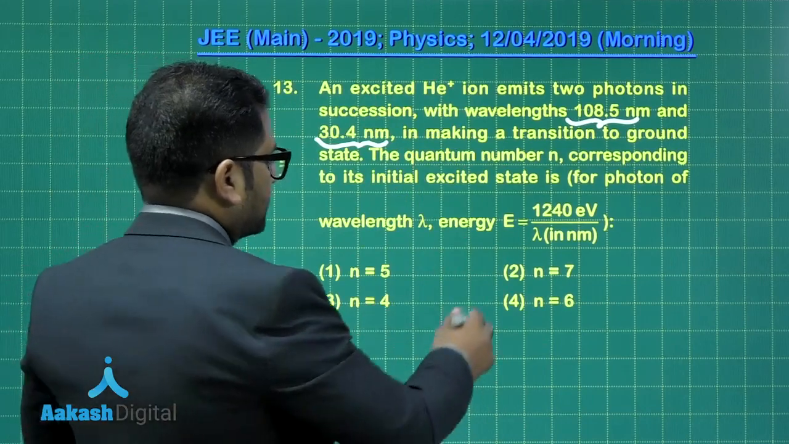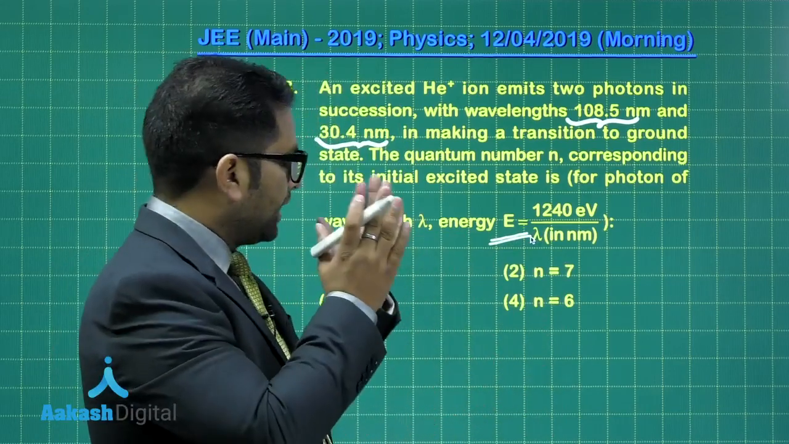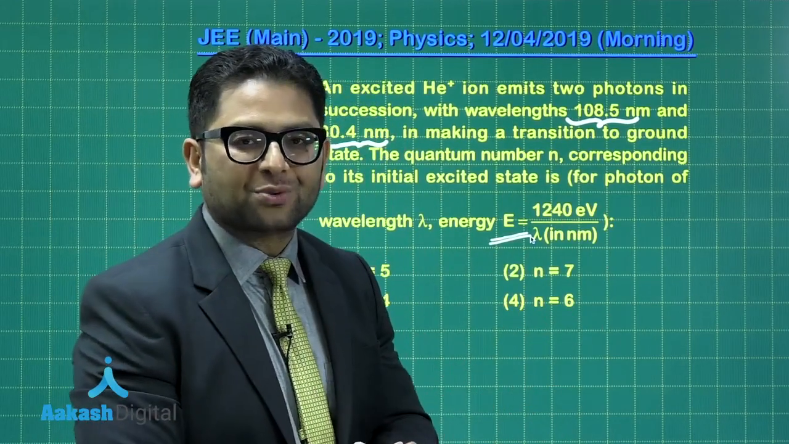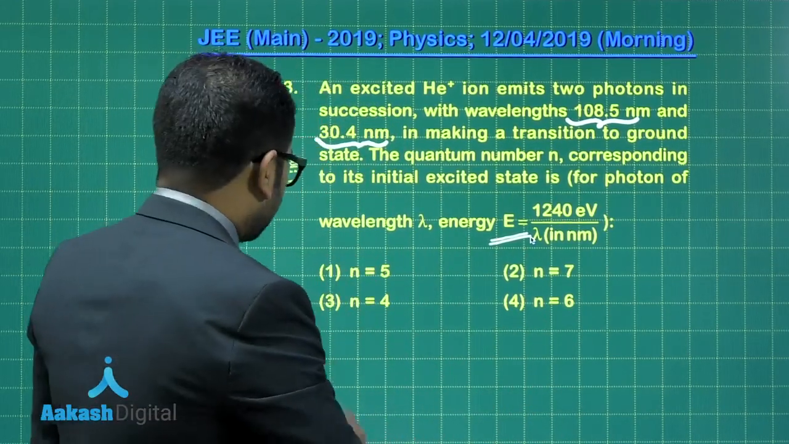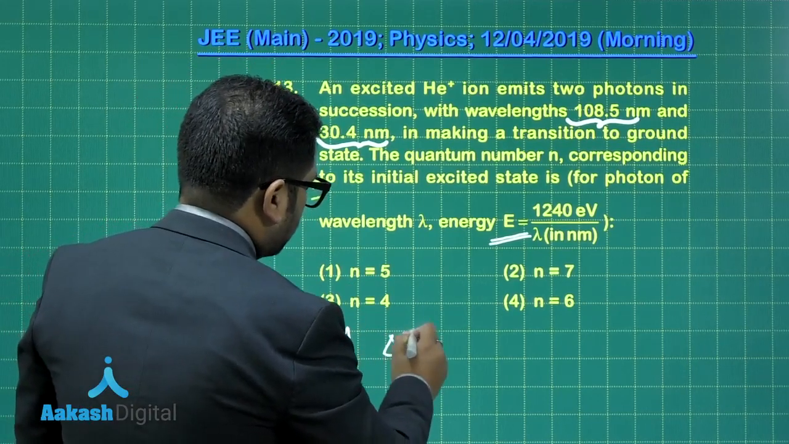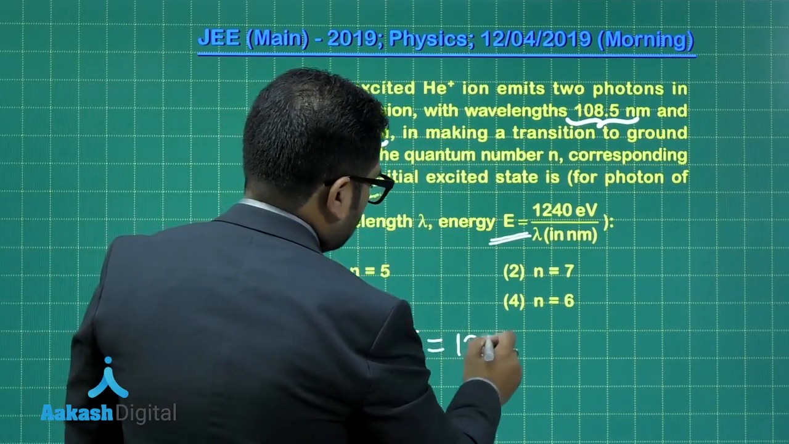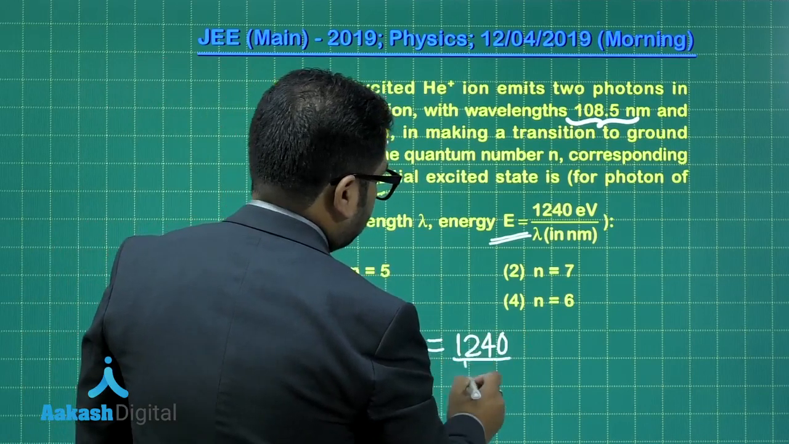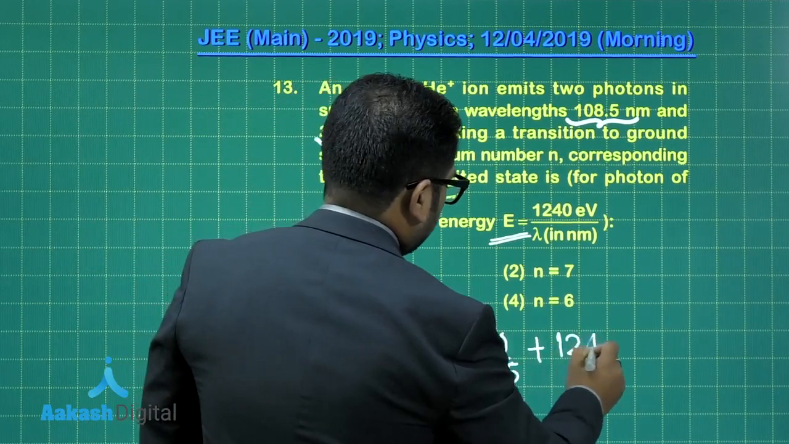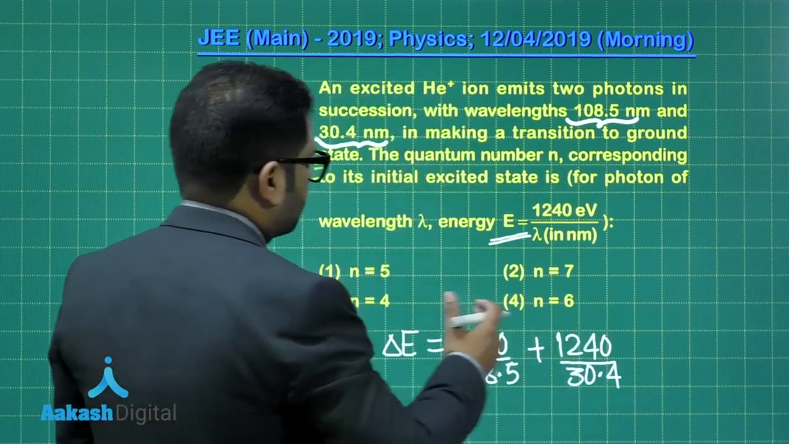Let's do one thing. This particular conversion has been given, so this is a smarter way to calculate the energy in electron volt. It's simply the product of hc. You must have certainly used it in your practice phase. So here, let me first calculate the energy gap corresponding to these transitions. That will give me 1240 divided by 108.5 plus 1240 divided by 30.4. Okay, so this will give me the energy gap